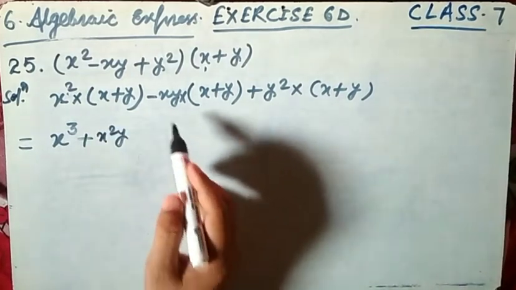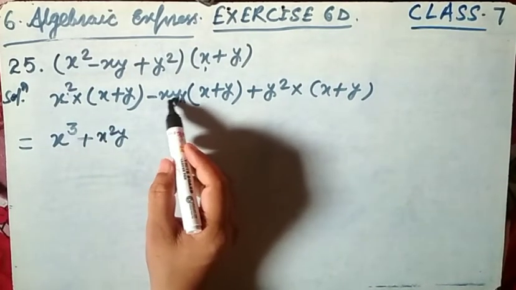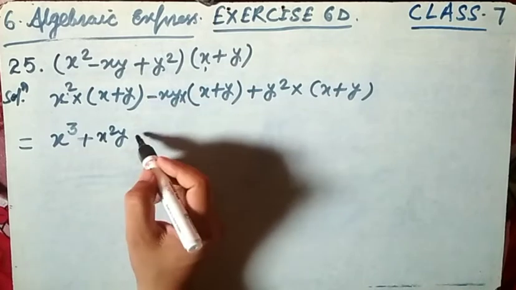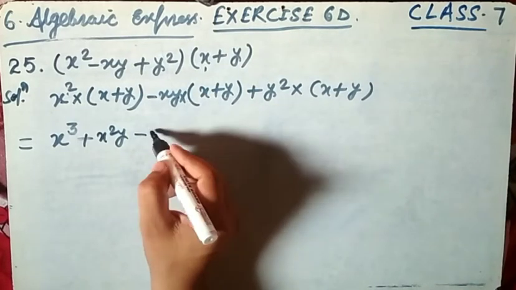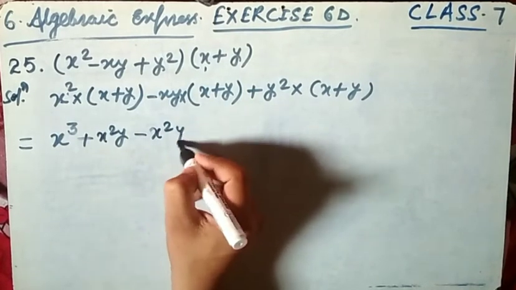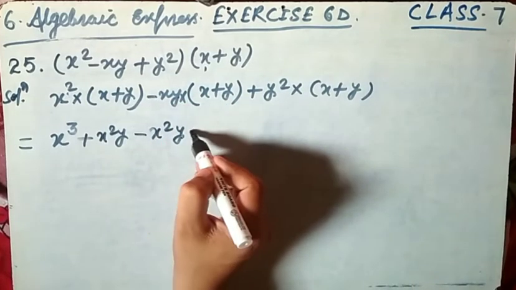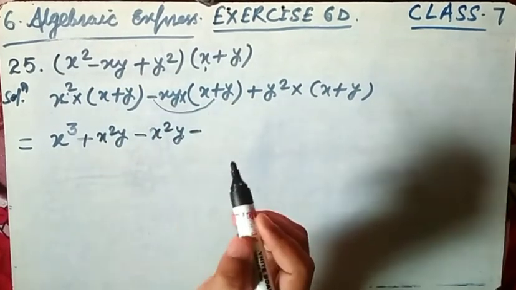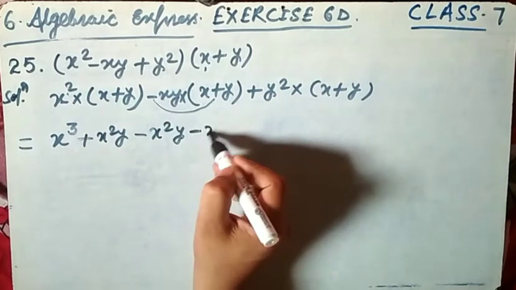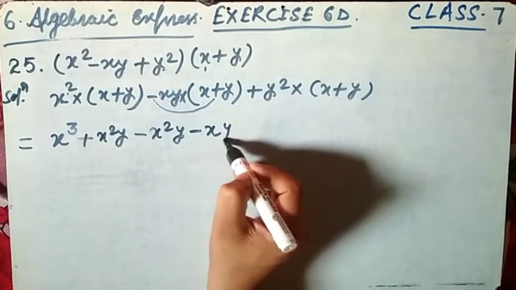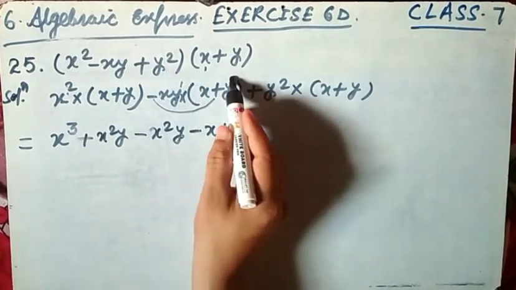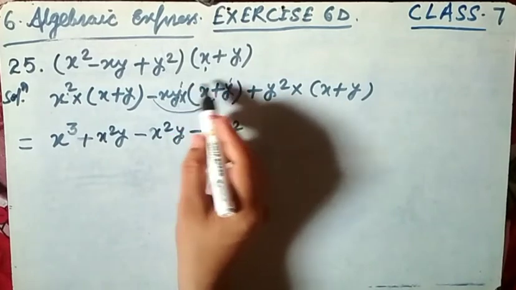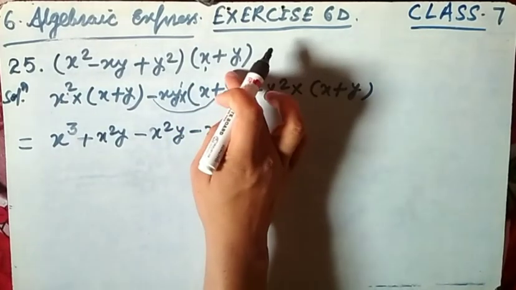Okay, now here have a look. This is xy, minus into plus is minus, and x multiplied by x square, and this y is as it is. Now minus into plus is minus, here is the minus, here is plus. This is x only, x, y into y square, because here is the 1 power, here is the 1 power, 1 plus 1, the exponent is 2. I hope you will be clear.